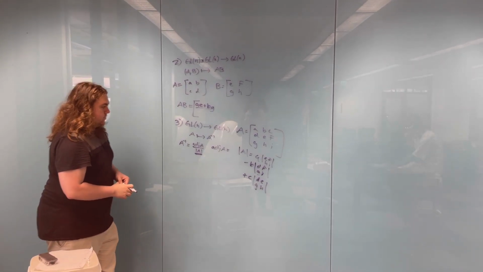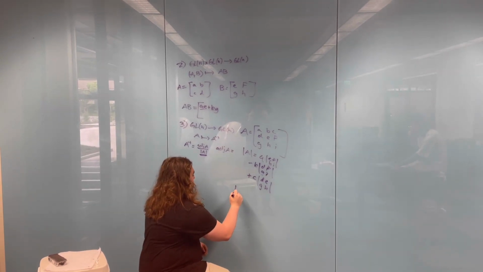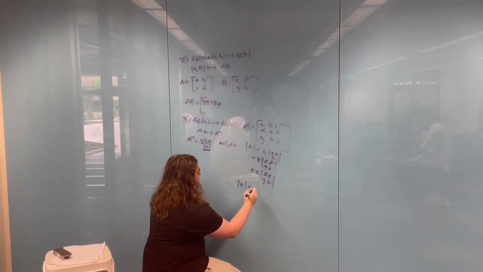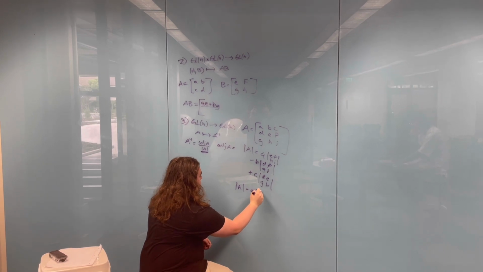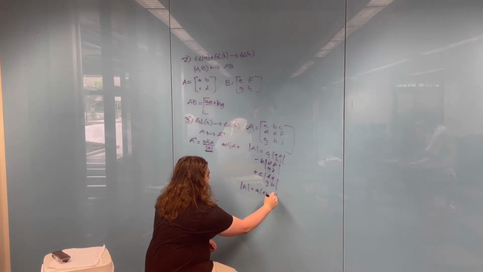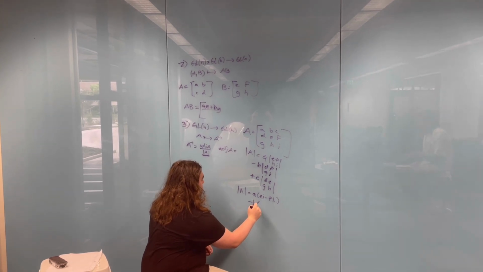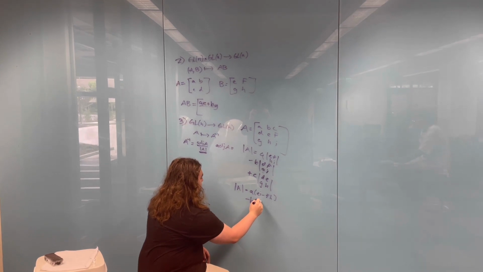And then, as we break this down more, we see that a times (ei minus fh) minus b times (di